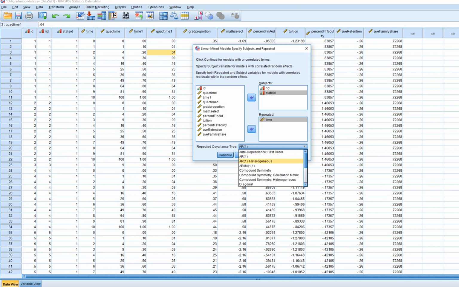An AR1 heterogeneous process means that we're estimating the autoregressive component as well as essentially 11 variances. So you can see that the covariance type that you select has an impact on the number of parameters that are being estimated. If we selected unstructured, that would mean that we would have essentially 11 error variances that are being estimated, as well as all covariances on the off diagonals. So you can see that this would yield really the largest number of